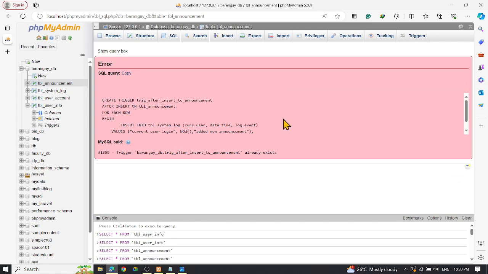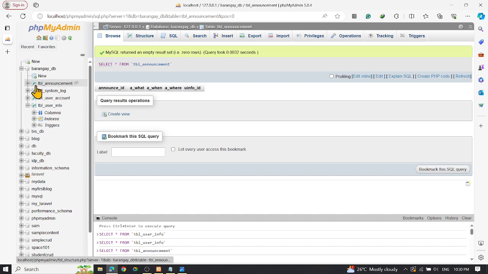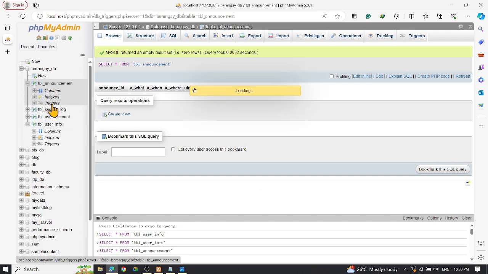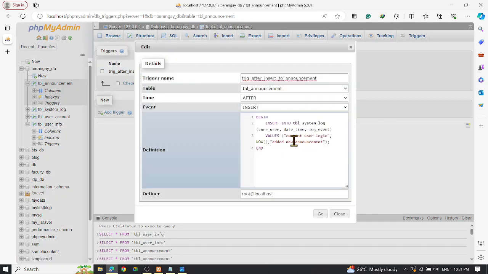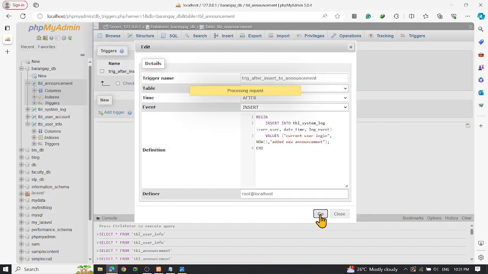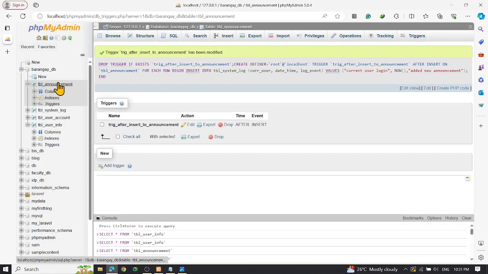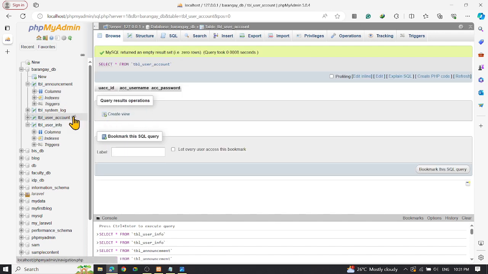Oops, trigger insert into announcement already exists. Let's see. Maybe I just double clicked it. Yeah, right, I just double clicked. So we just double clicked it. So here's the query that we did a while ago. So right, new added. So let's go. It's okay. And then of course to our user account. So whenever we